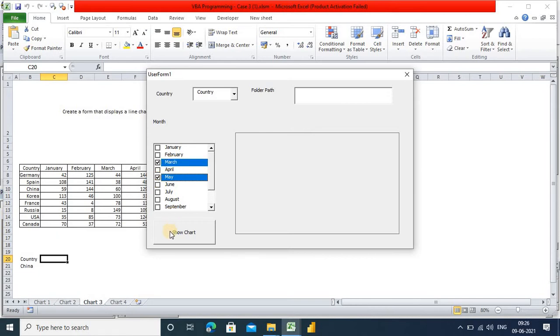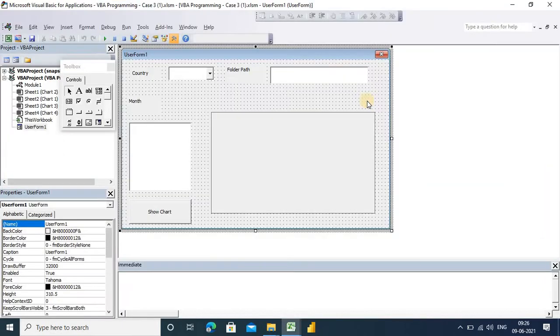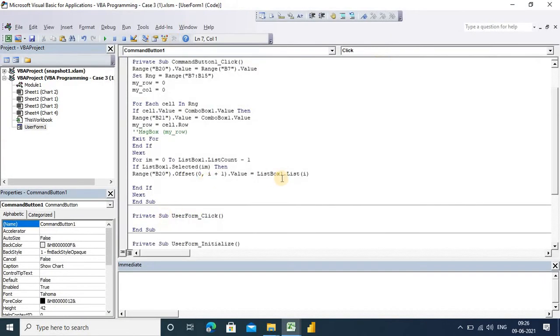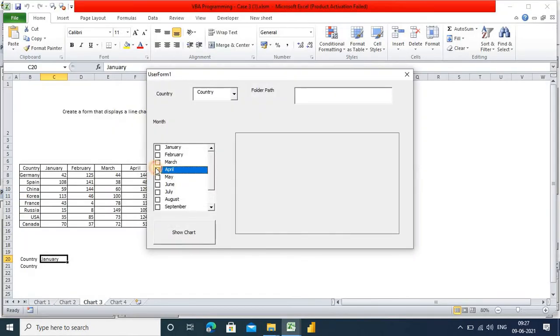Okay, March and April I have selected. Now it's showing only January. Why is it showing January? Because it is taking too much data again. Okay, if I select July here, then it again shows January. So let's check why it's happening, because I have put it here IM, so we should put IM here, because our variable is IM, right?